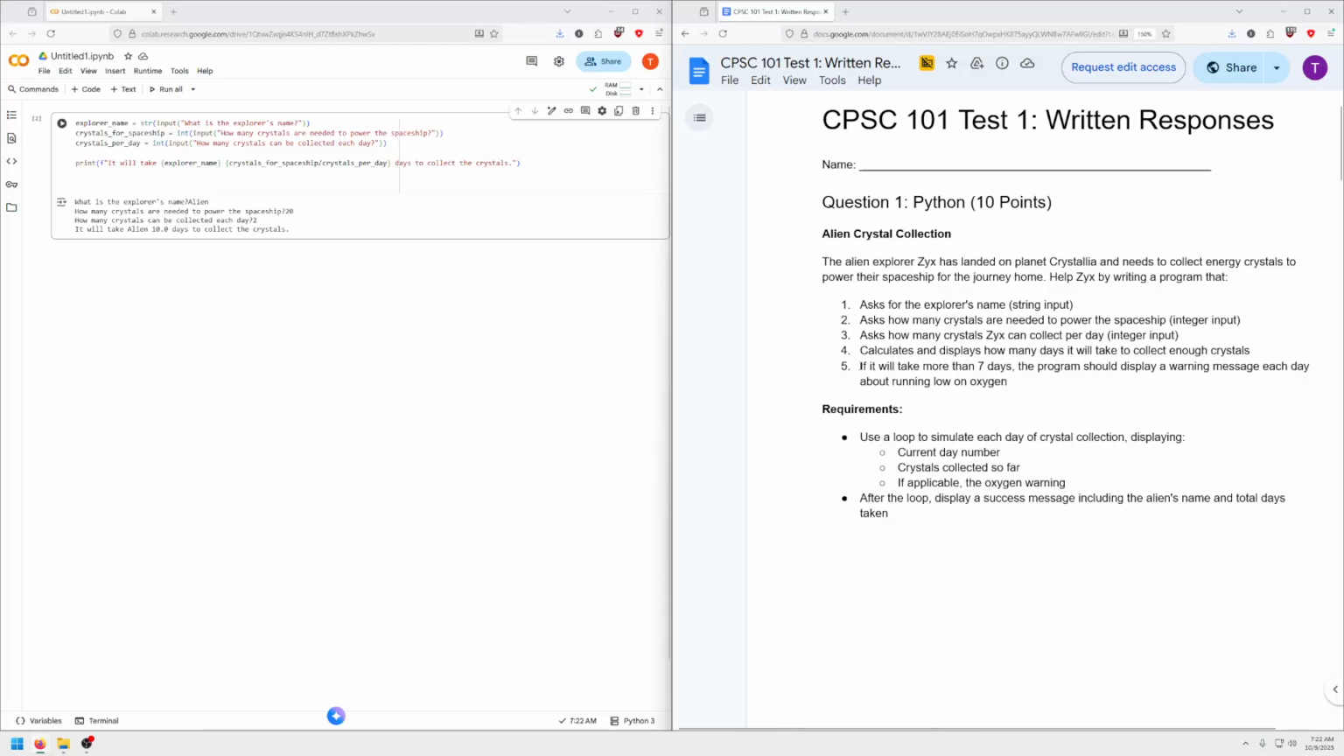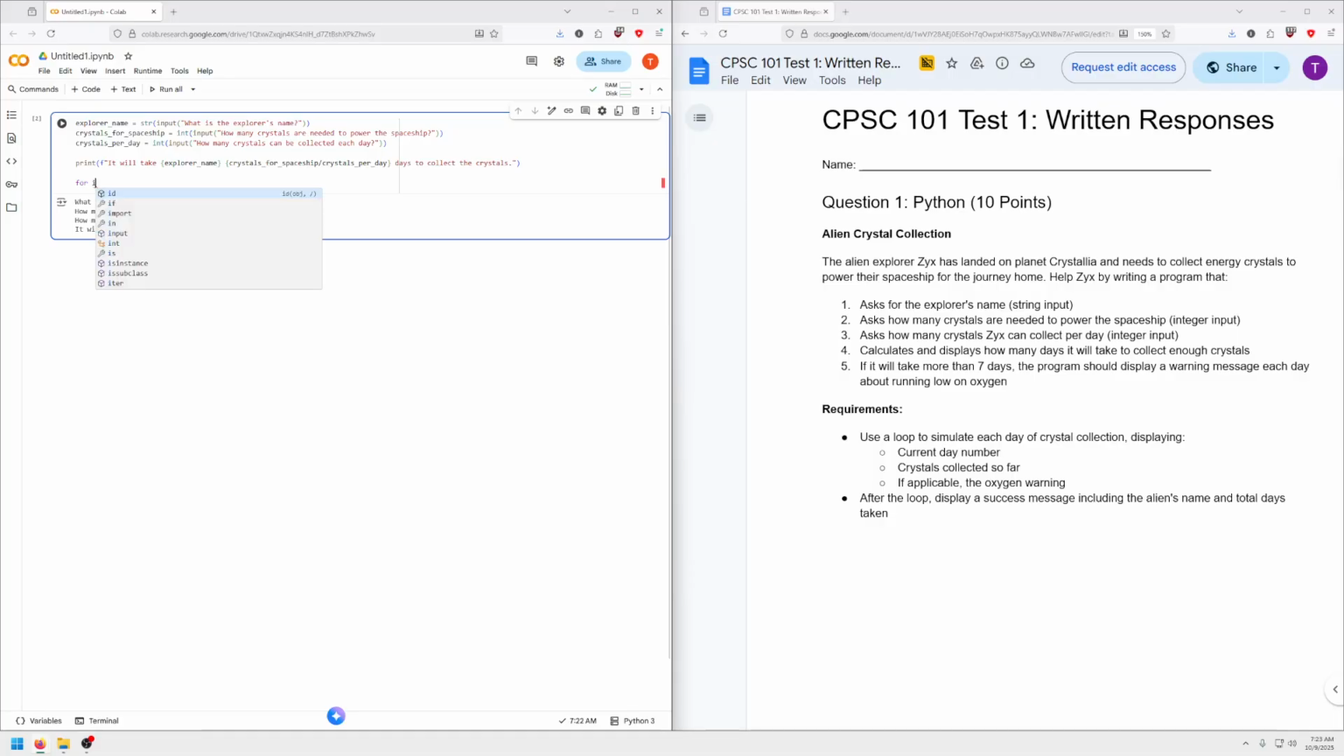And then if it will take more than 7 days, the program should display a warning message each day about running low on oxygen. But we're going to use the loop down here. So use a loop to simulate each day of crystal collection, displaying the current day, the crystals collected so far, and if applicable, the oxygen warning. So I'm going to go for i, it doesn't matter what you name that, in the range of 1 to,